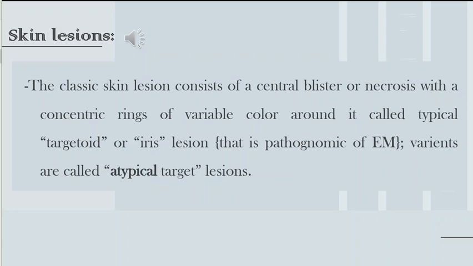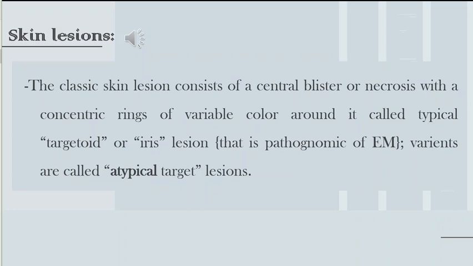أو تارجيتويد أو ايرس. ليه اسمها كده؟ لأنها بتشبه، لو بتعرفوا اللعبة بتاعت السهام اللي بتكون معلقة just like a circle وفي النص بتكون red ومحاطة بدوائر تانية. لما تشوفوا الليجن هتقدروا تفهموا الكلام ده. طيب إذا عندي ليجن بنفس الوصف ده هي typical lesion، يعني في النص عندي central blister أو necrosis، حوالينه concentric